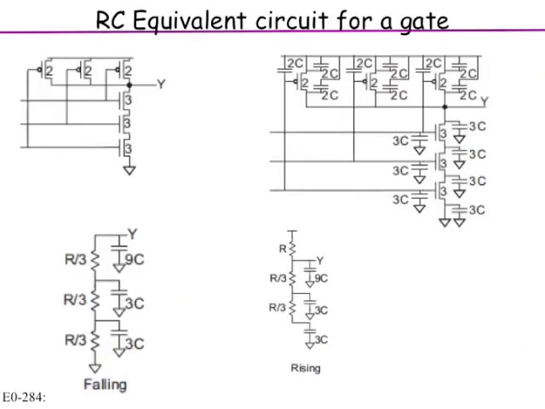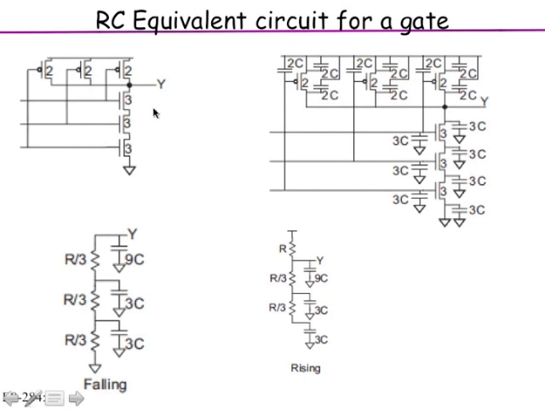So what you now have is I take any gate. For example, here what we have is a NAND 3 gate. There are 3 series NMOS transistors, 3 series PMOS transistors. So now we replace every transistor by its equivalent. Of course, we are not putting the resistances here because it just clutters up the whole thing. But really, for every transistor, you have a capacitance in the bottom and capacitance in the top.